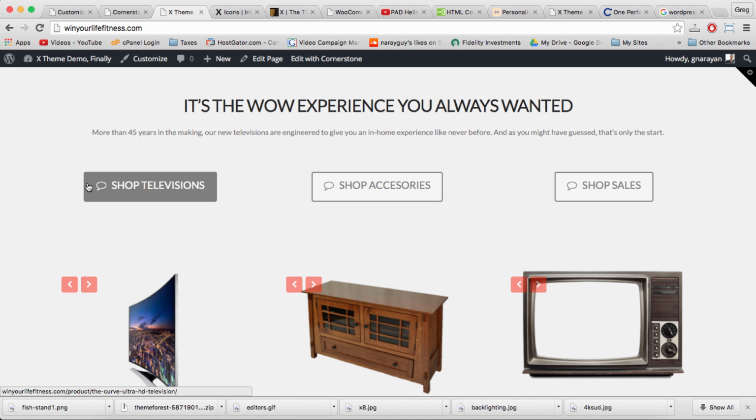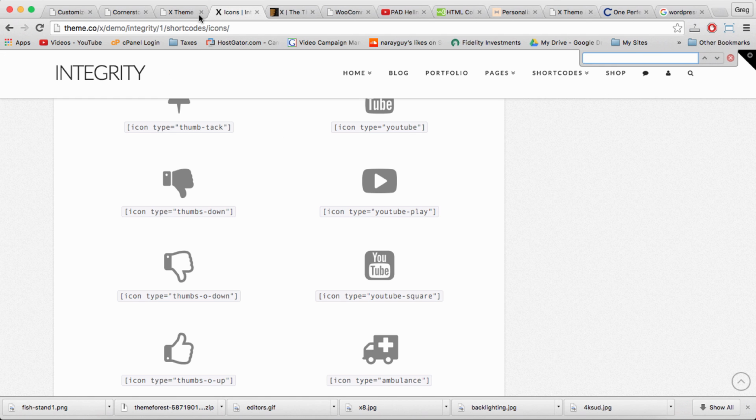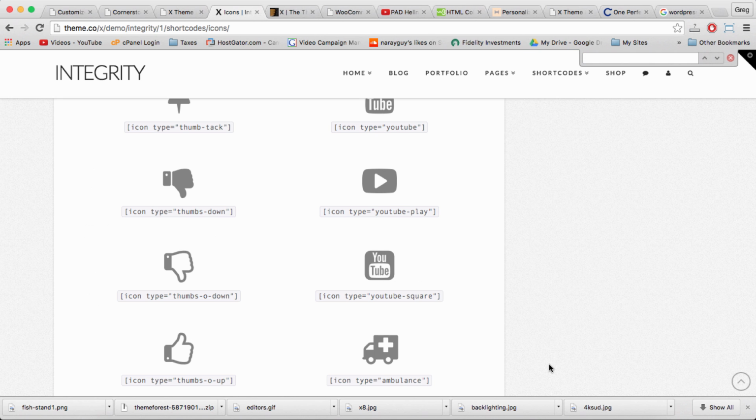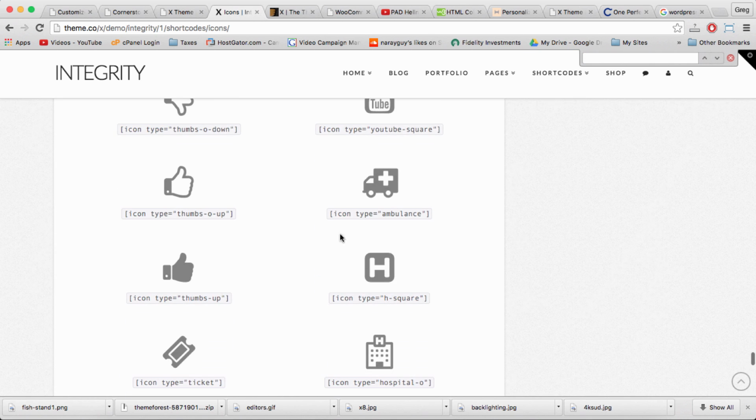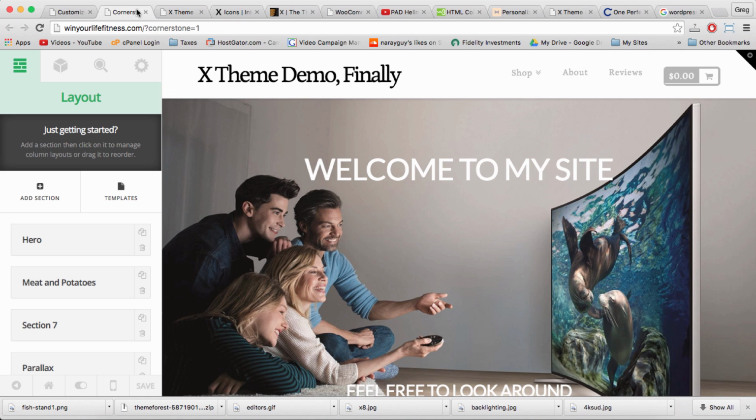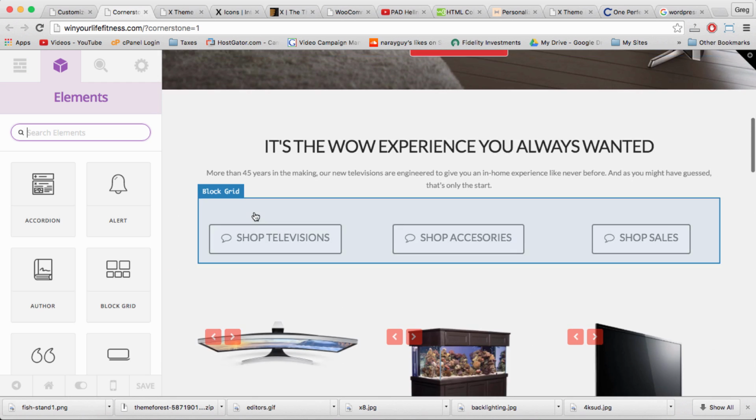To change your icons that sit within your buttons, head to the icon site on the Integrity demo site, the one that holds all the shortcodes, and go to the icons page. When you find the right icon, you just have to remember the text within that quotation mark area and copy that. Then back in your Cornerstone, find the right place by clicking on it, of course,